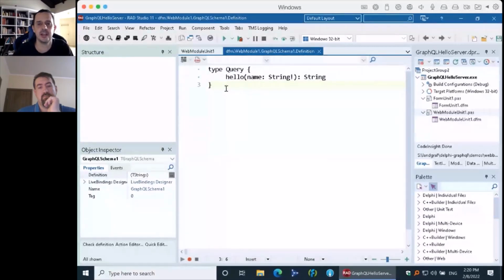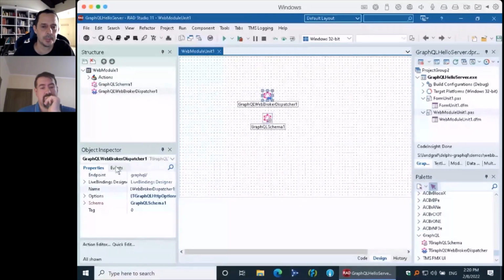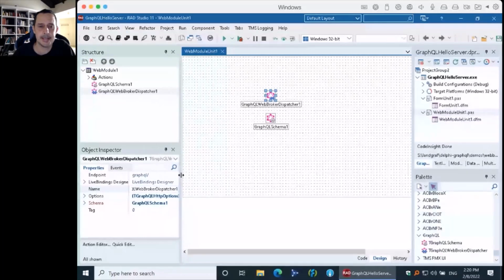I'm not querying anything. I'm not going to execute this document here, but it is a GraphQL document that specifies all the types available. So this is my schema: one object Query with one field hello. And this is what the server needs to know.